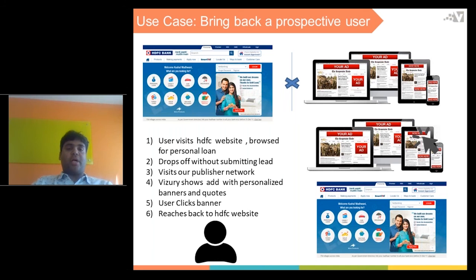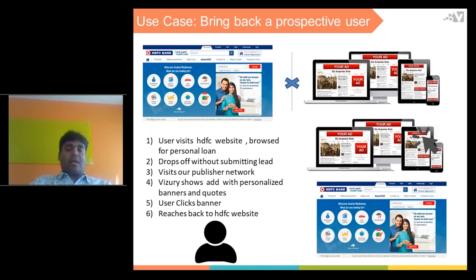But in this use case, suppose a user visits the HDFC website and browses some products, say browsed for a personal loan, and then drops off without submitting a lead.